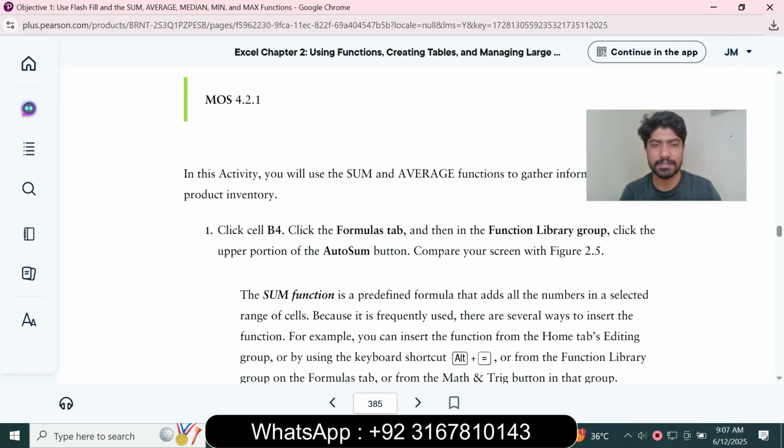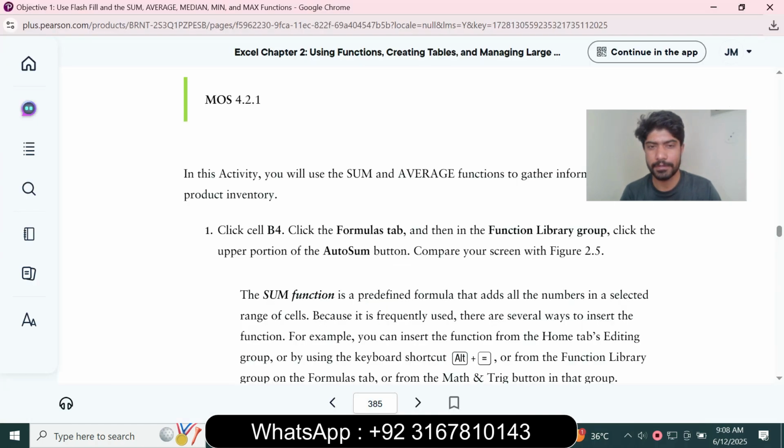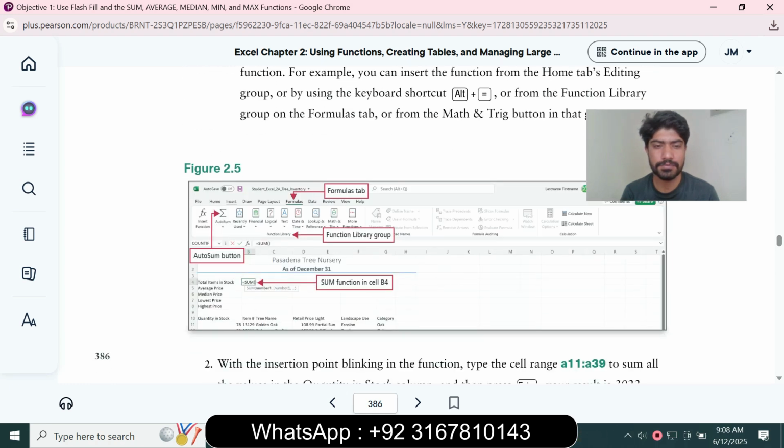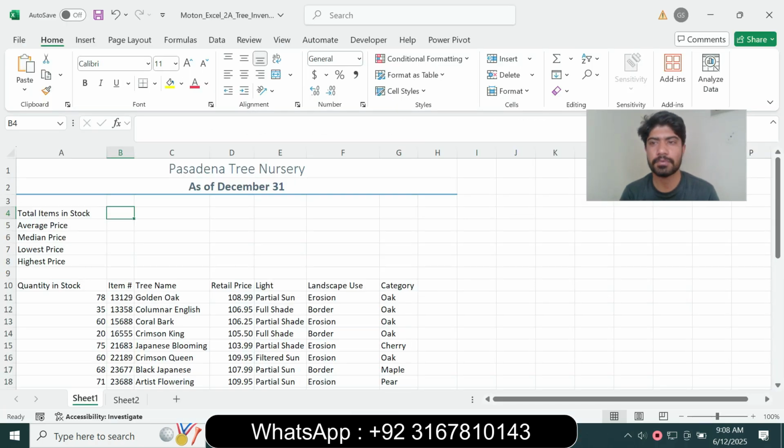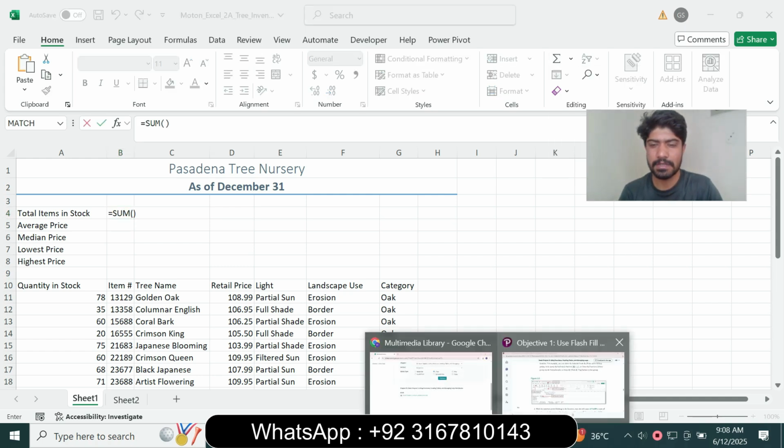So next is click the cell B4, click the Formulas tab and then in the Function Library group, click the upper portion of the AutoSum button. So select B4 and click Formulas and the Function Library group, click the AutoSum options. So go to the Home tab and go to the Editing group and click AutoSum. And next is